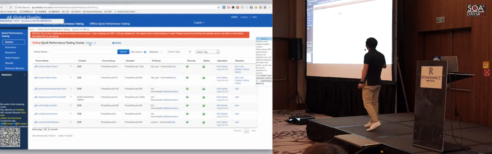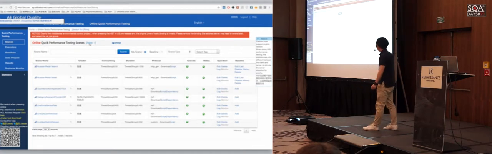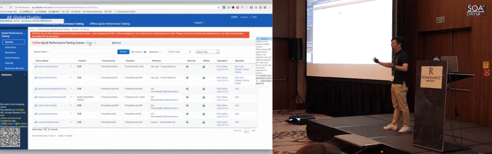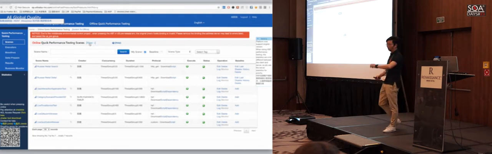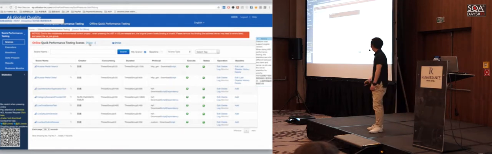When the script is prepared, just click this execute button. The script will run automatically. And our test engineers can just take a coffee break, drink coffee or eat some cookies, and observe the indicators. About 10 minutes later, our performance test is finished.